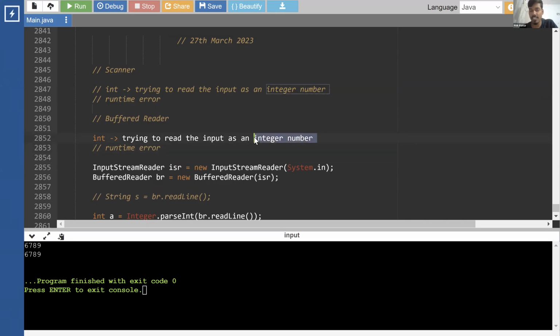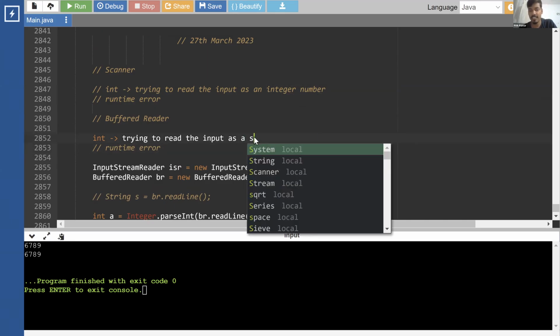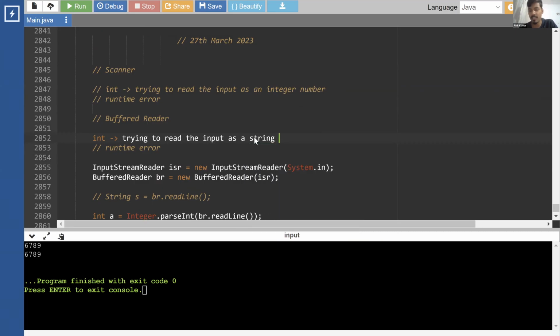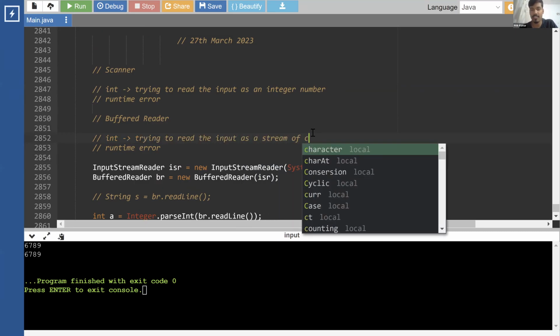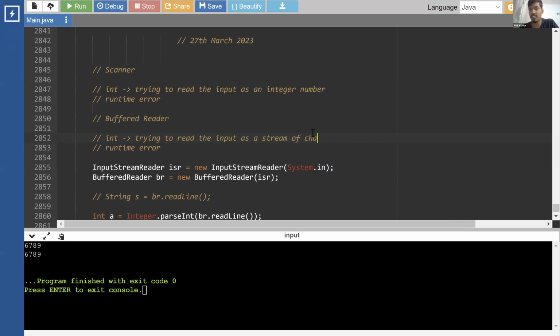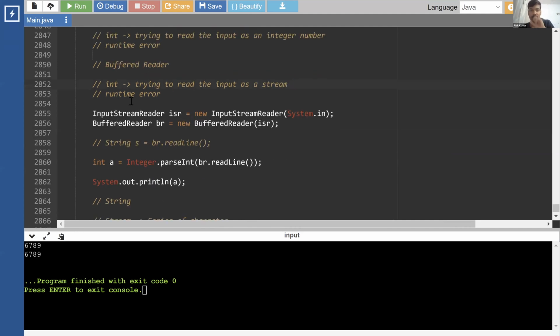We are trying to read the input as a string, or a stream of characters. Stream of characters would be the correct word. So we are trying to read the input as a stream or a series of characters, right? Now, after we have read this input,